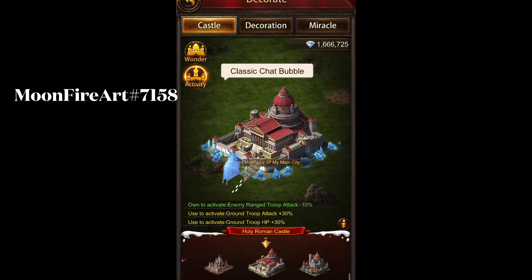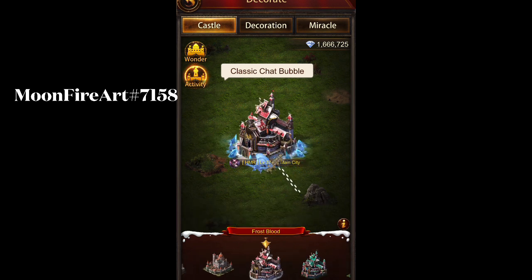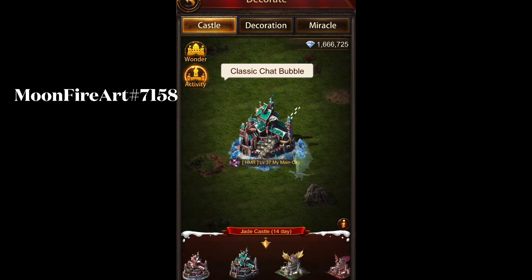So this is the one that's equipped right now. This is the All-Star Keep. So own to activate, enemy range debuff, and then all the ground troop buffs. So First Blood. So this is awesome. So he owns this one in the inventory, but this is a permanent one that you could keep on forever. So this means he was one of the top competitors in the initial Viking